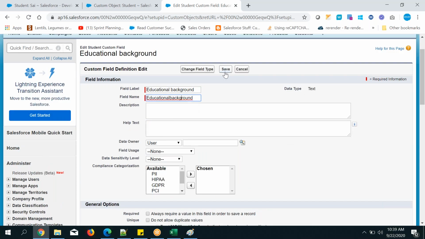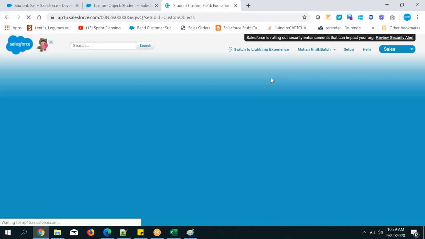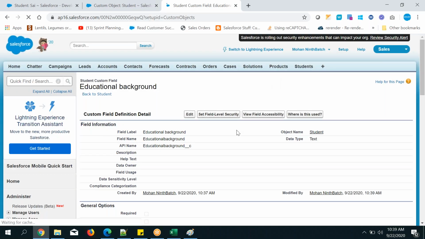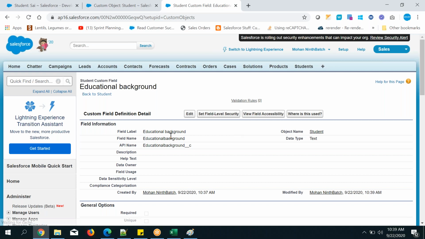You can do it, no problem. One more time, click it. Now, what is the API name? The field name, and at the end underscore underscore C is added. You see here, the underscore is removed in the field name, and automatically in the API name that is also removed.